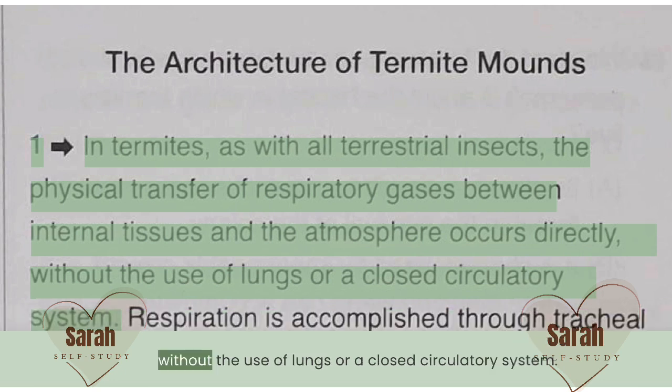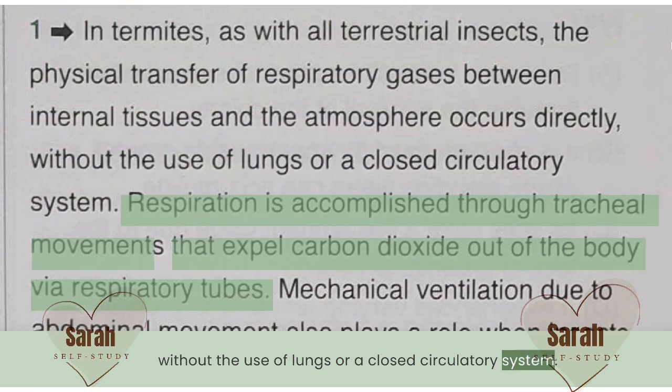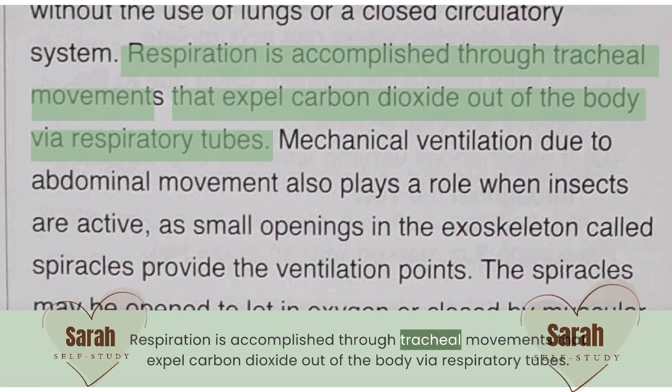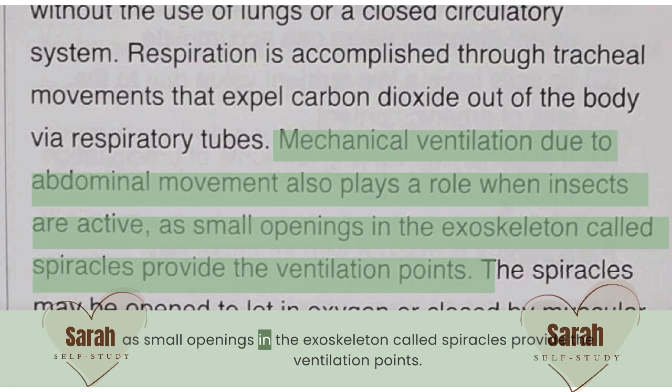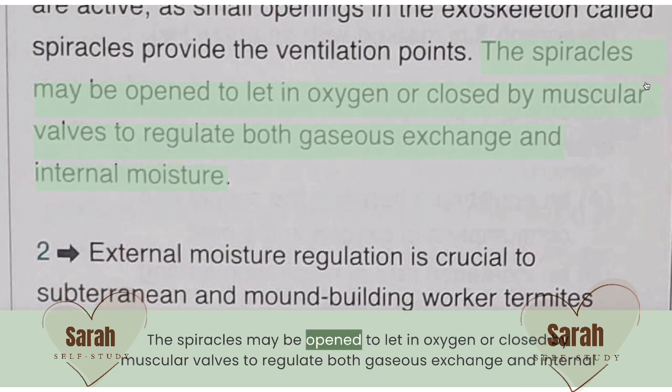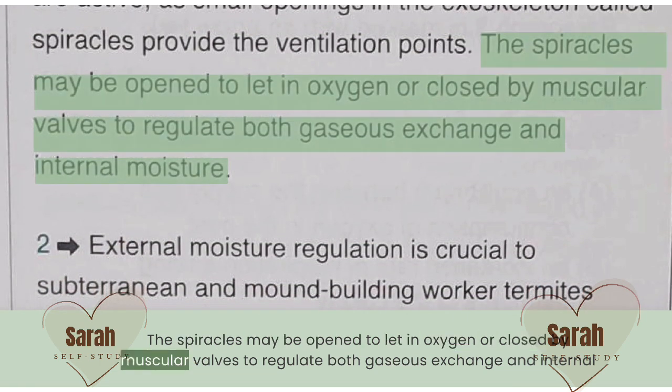occurs directly, without the use of lungs or a closed circulatory system. Respiration is accomplished through tracheal movements that expel carbon dioxide out of the body via respiratory tubes. Mechanical ventilation due to abdominal movement also plays a role when insects are active, as small openings in the exoskeleton called spiracles provide the ventilation points. The spiracles may be open to let in oxygen or closed by muscular valves to regulate both gaseous exchange and